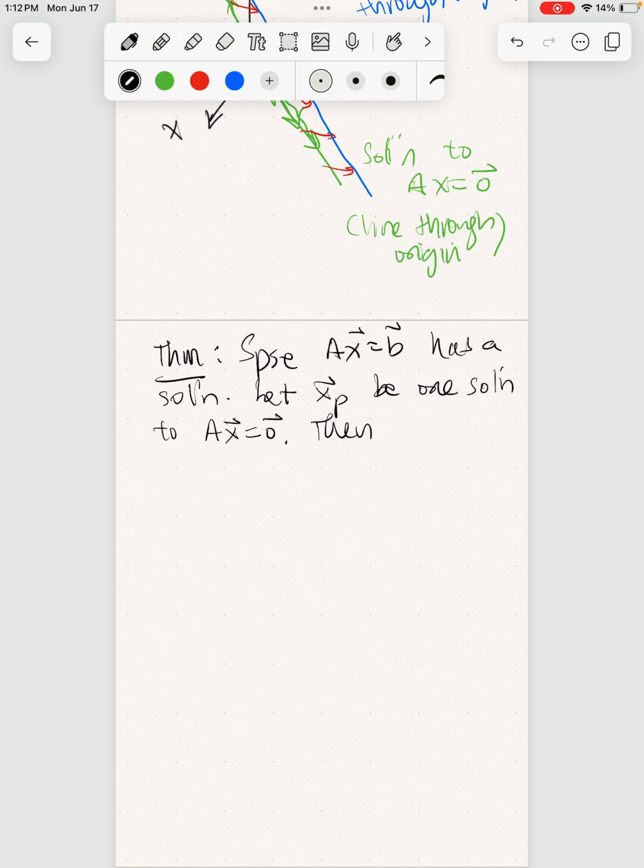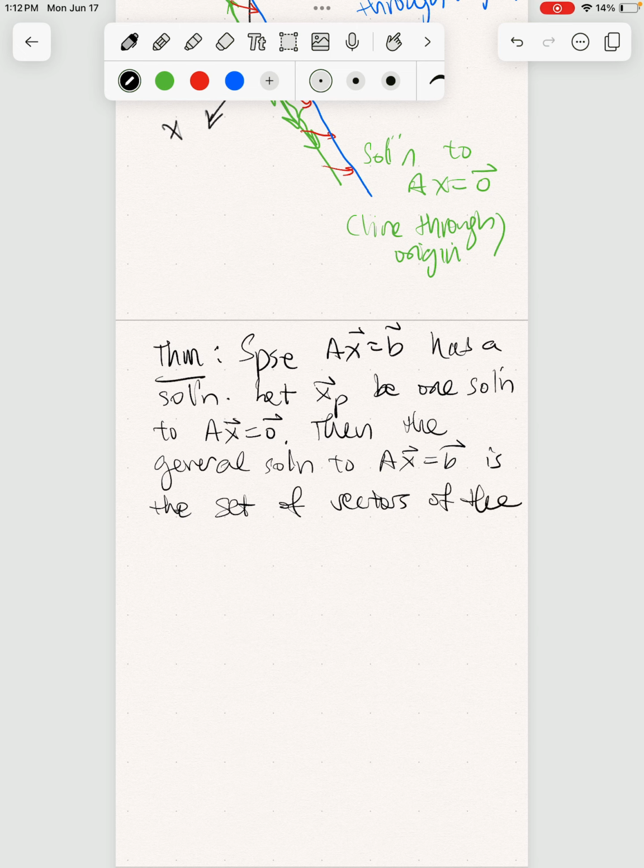Then the general solution to Ax equals b is the set of vectors of the form